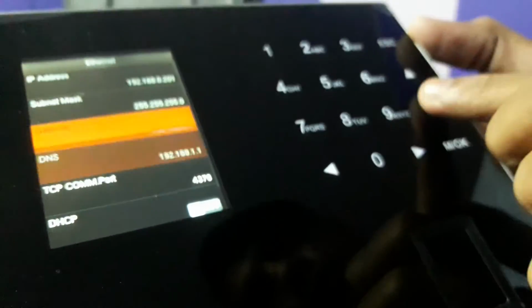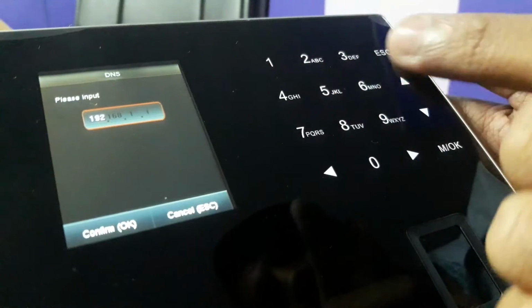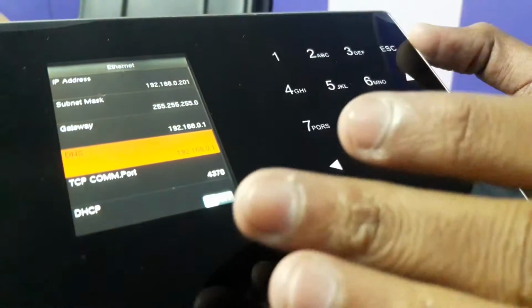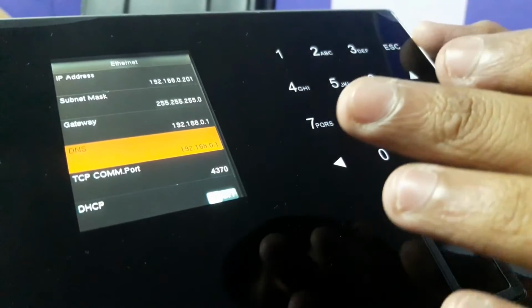You can put in your DNS settings if required. If not required, you don't need to. My DNS setting is 192.168.0.1, because my gateway and DNS setting are both the same.